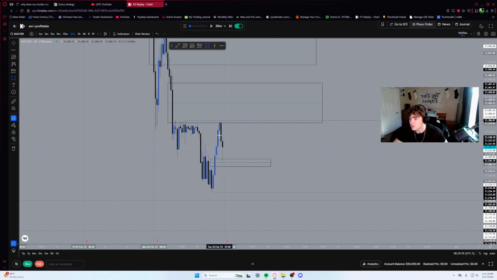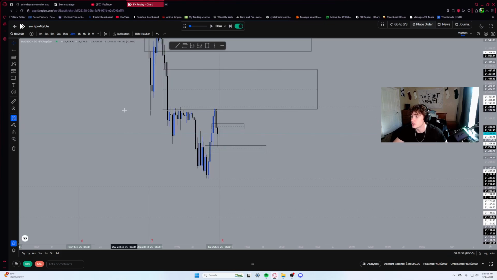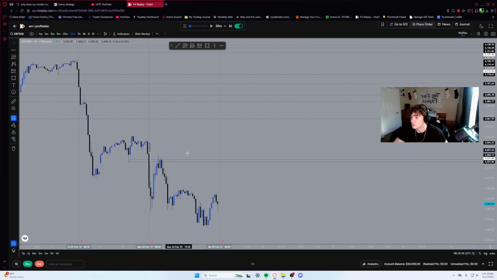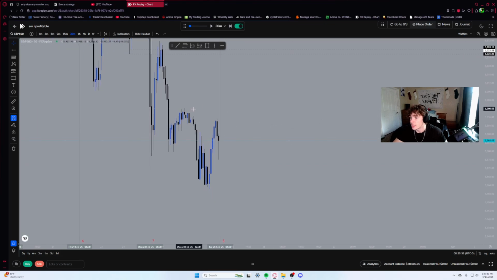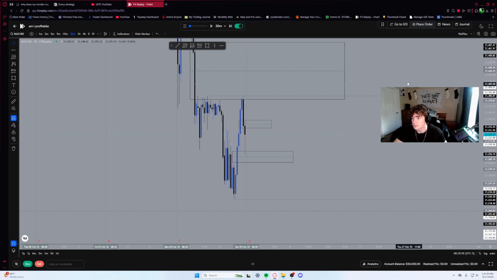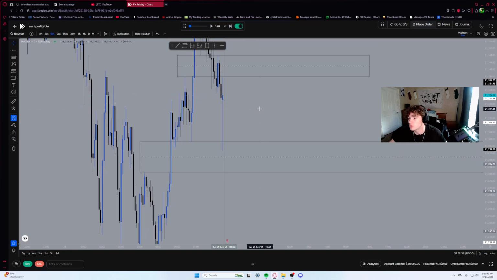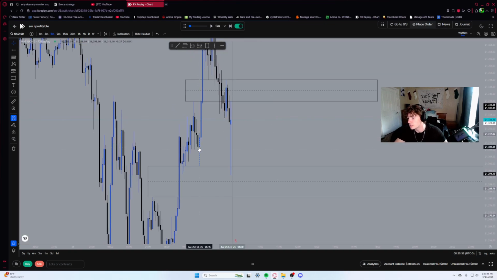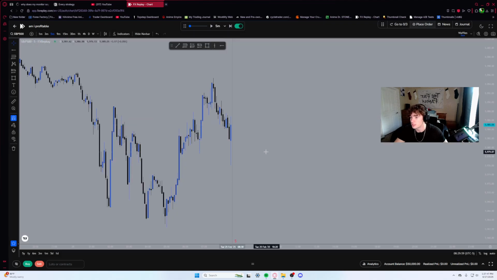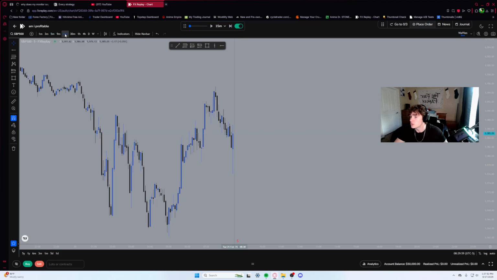We have this fair value gap that we just inversed, and price wants to retrace to that. But we're waiting for an SMT. Let's look at the ES, see if we took out these highs. And we did not take out the highs. If we took them out on NASDAQ, we are looking for shorts. Dude, that is close. Let's go to the 5 minute. Did we take out these lows right here at 645? Yes, we did.